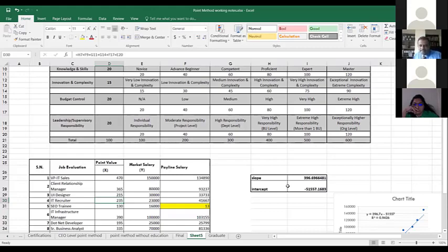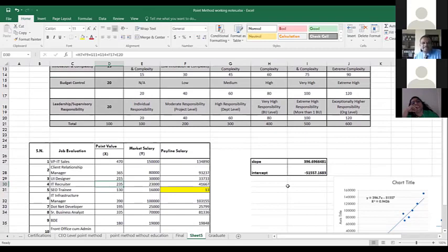Okay. And knowledge and skill requirement. See, knowledge and skill, what does an IT recruiter require? I don't think he requires a huge level of knowledge and skill, whereas a UI designer is a programming level person. He has to do far more in terms of complexity and innovation. So we need to go more in depth when we are evaluating the job descriptions, evaluating the roles. You need to be very, very fair.